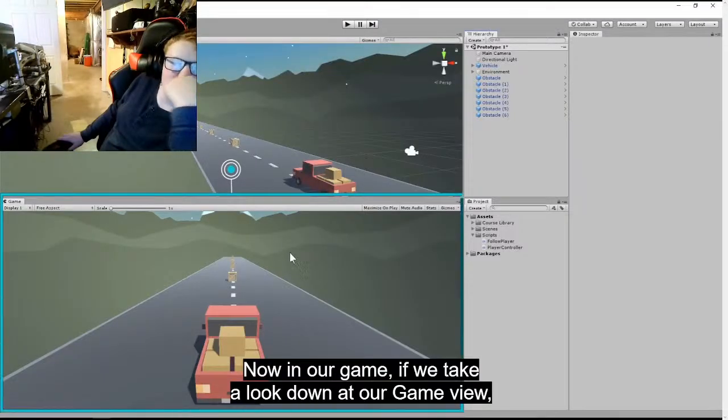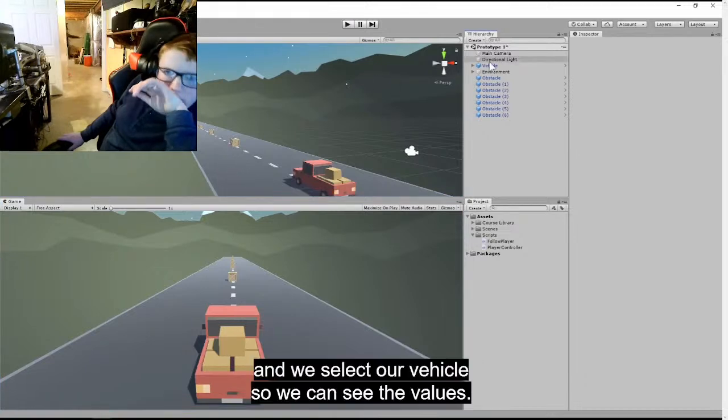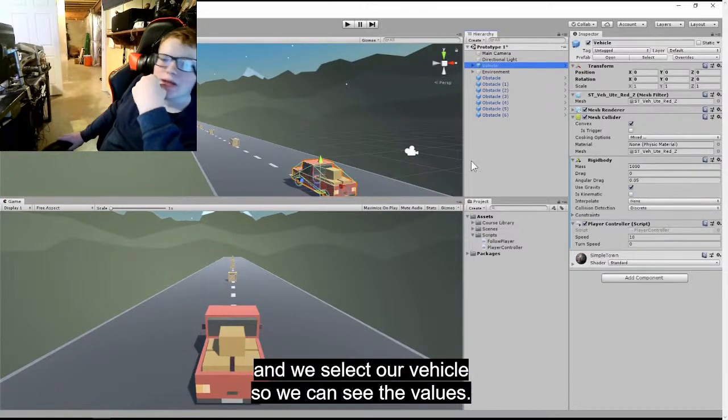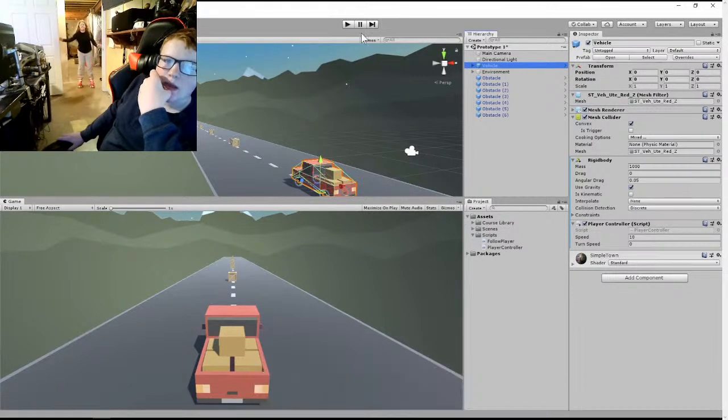So now in our game, if we take a look down at our game view and we select our vehicle so we can see the values, if we press play,